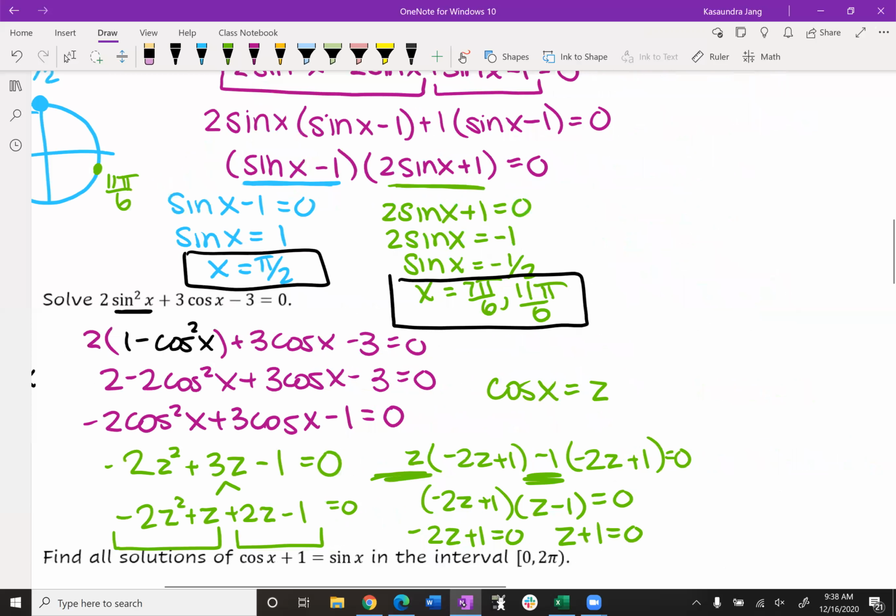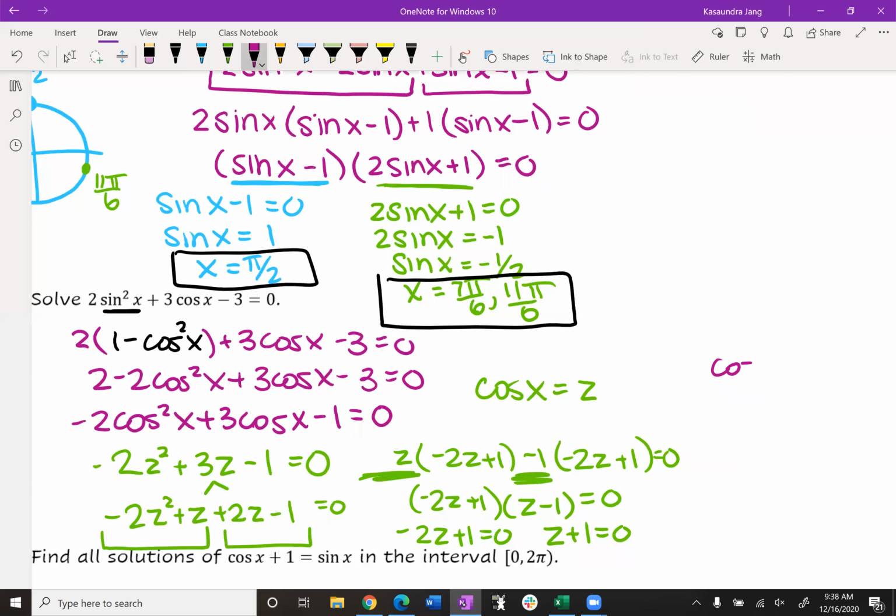This is telling me negative 2 cosine of x plus 1 equals 0 instead of my negative 2z plus 1 equals 0. So I will subtract 1 on both sides, divide by 2 on both sides. All right, so my cosine is supposed to be a 1/2, which on my unit circle,